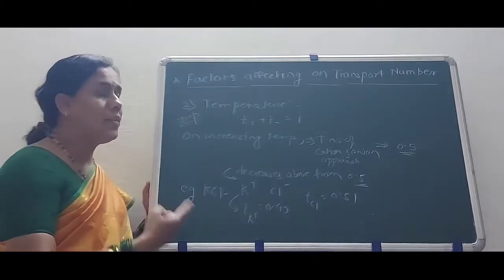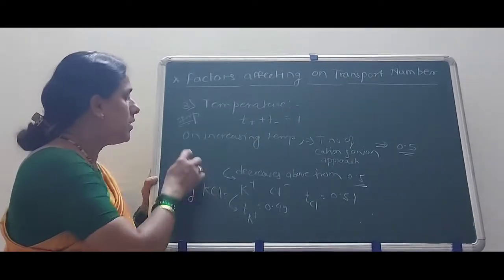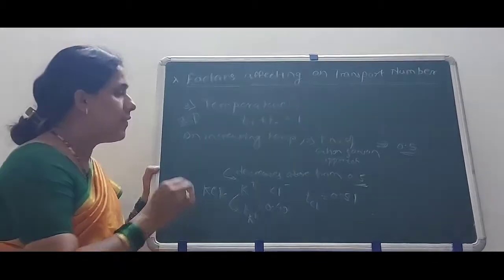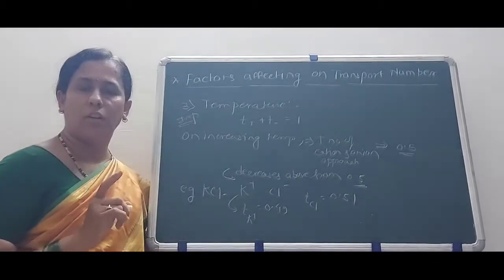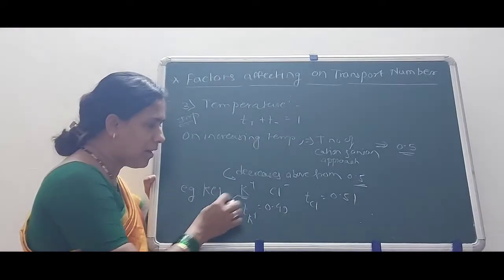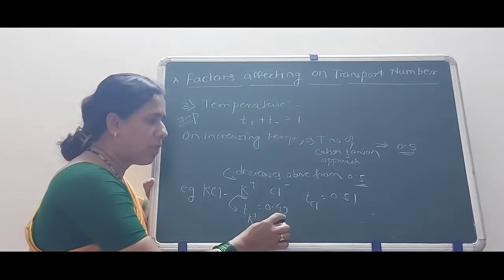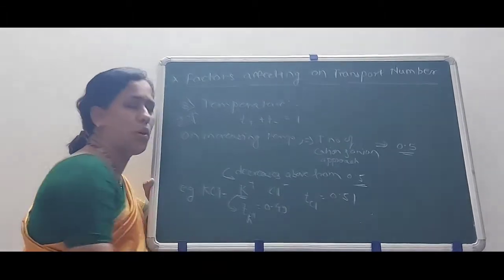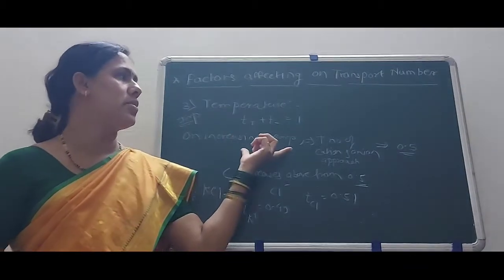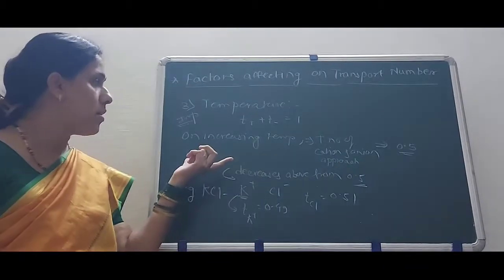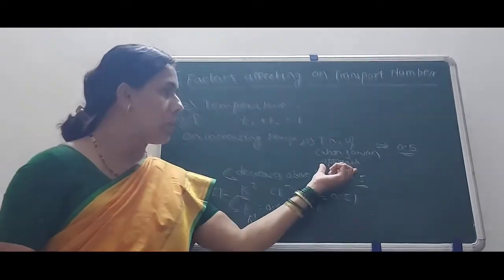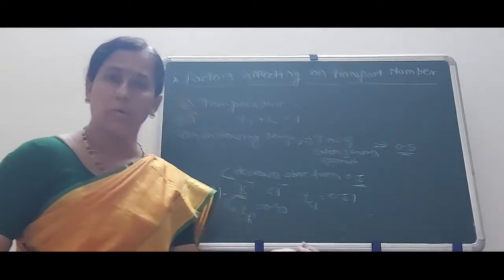In the exceptional case, when the two transport numbers are equal, they are only slightly affected by temperature. Here we have seen that in the electrolyte the transport number of the cation is 0.49 and that of the anion is 0.51. In short, as the temperature increases, the transport number of a cation or anion changes up to a certain limit, that is, they tend to equalize at a value of 0.5.